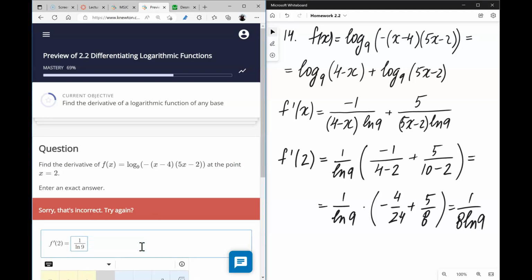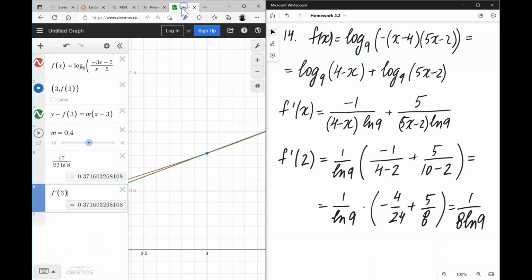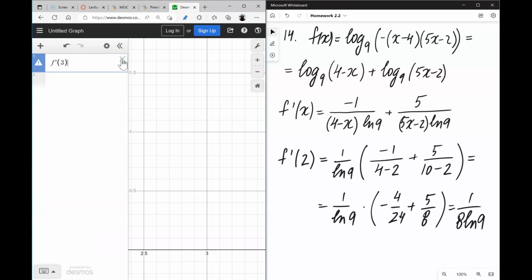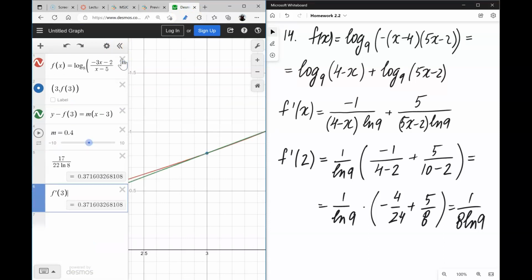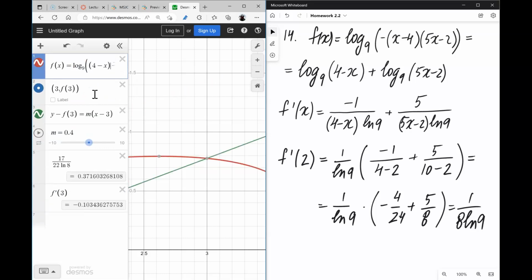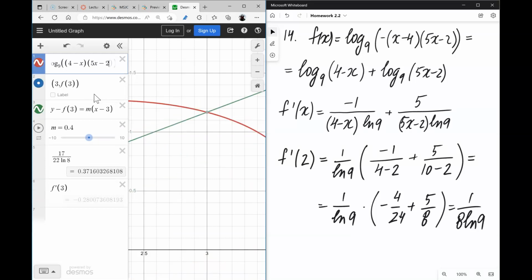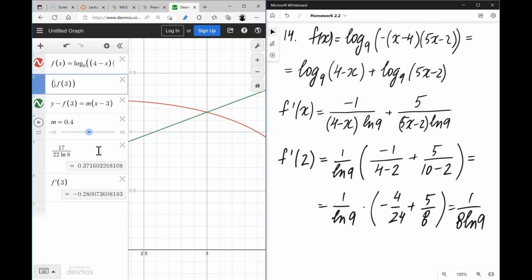Hopefully. I just wasted one attempt on this, so I have to be very careful. So maybe I should use Desmos to check my work. My function is, actually, let's not delete this. My function was log base 9 of 4 minus x times 5x minus 2. So my value was at 2,